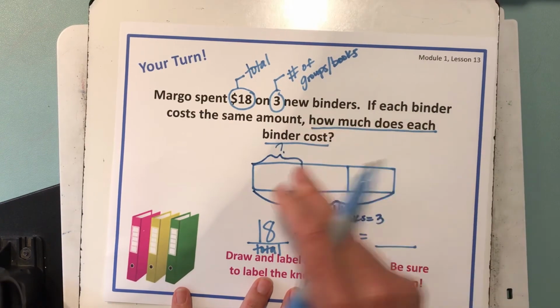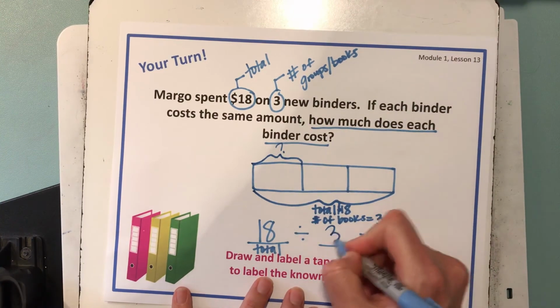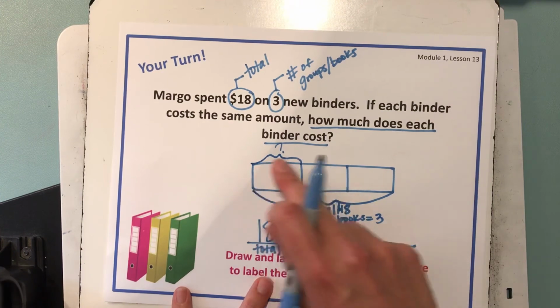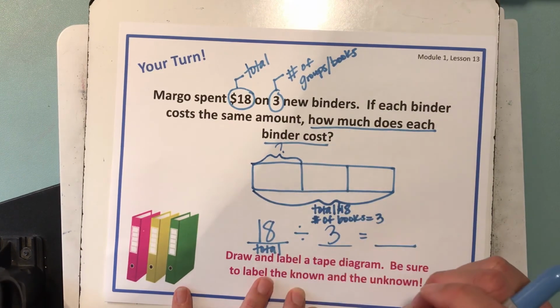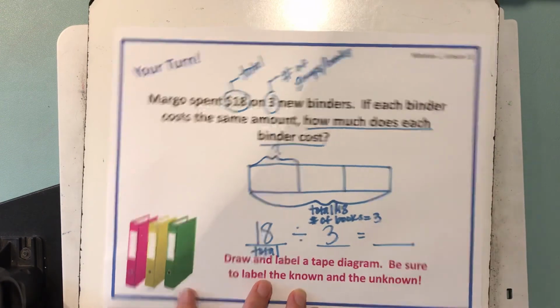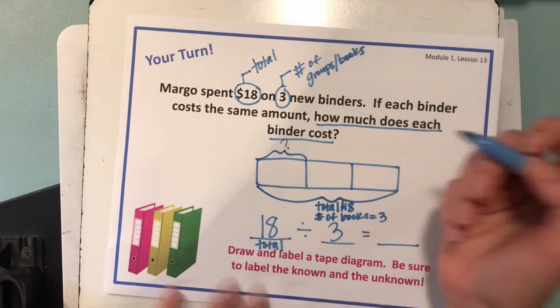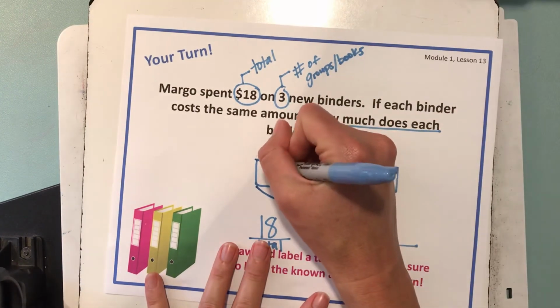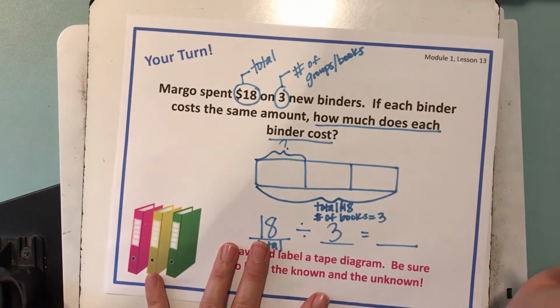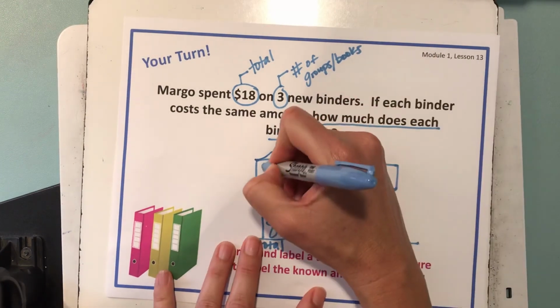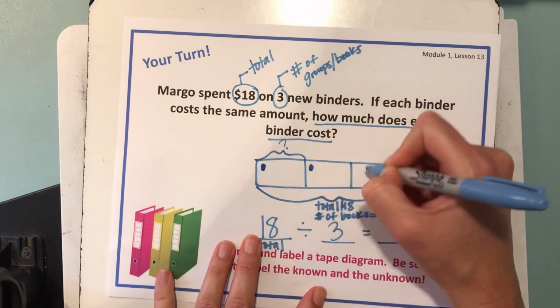What are we trying to figure out here? We're trying to figure out the size of the group. So how much did Margot spend on each binder? How can we figure that out? Well, I can again skip count. What I'm going to do is put dots in each box until I get to 18. Okay. So we got 1, 2, 3,